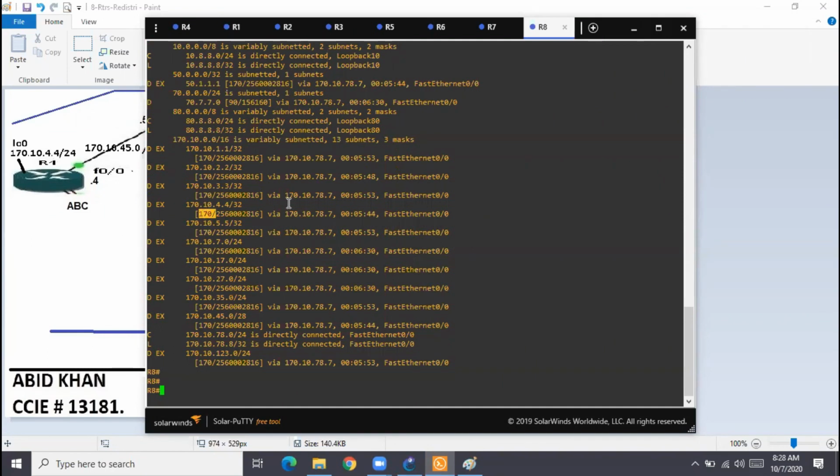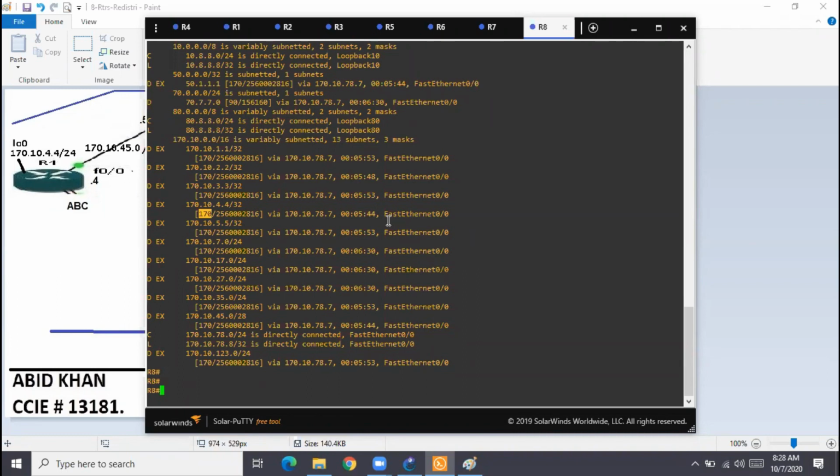In EIGRP, anytime you redistribute any other routing protocol's routes, they will always be advertised with a higher administrative distance. And you all know the criterion: the lower the administrative distance, the more preferred the path. Now why did Cisco do it like this? Because Cisco created EIGRP after studying OSPF behavior.